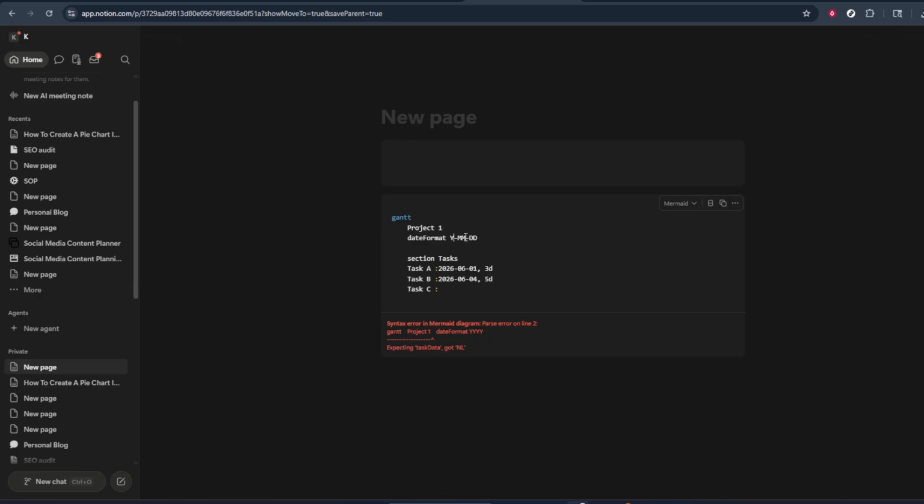For Task A, you will input the text Task A 2026-06-01 3D. What this means is Task A will begin on June 1st, 2026 and is set to last 3 days. Following this, to input another task, press Enter, then type Task B